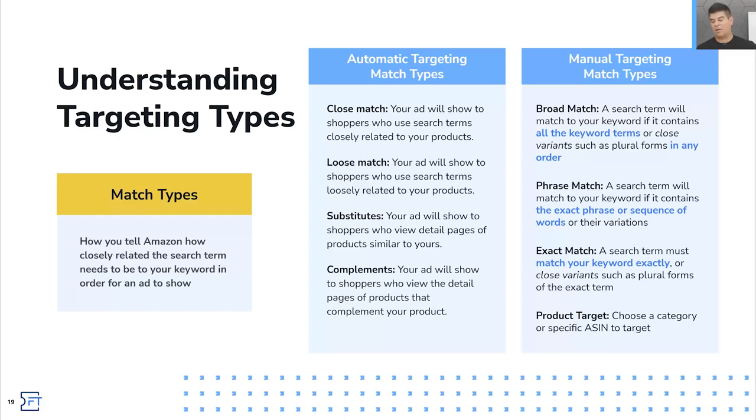Now, manual targeted campaigns have different match types as well. As I mentioned, for the keywords, you have broad match, and a broad match is simply a search term that will match your keyword if it contains all of the terms or close variants, such as a plural form in any of the orders. I'll go through an example of these match types in the next slide, but phrase match is a search term will match to your keyword if it contains the exact sequence or phrase of words or